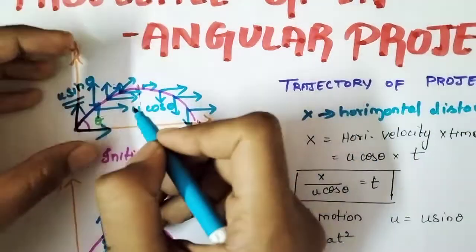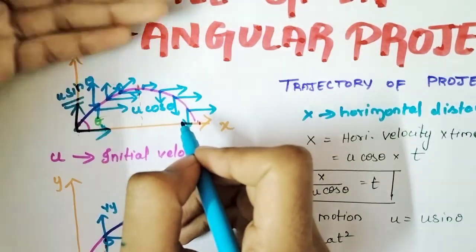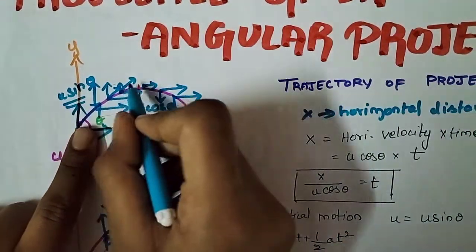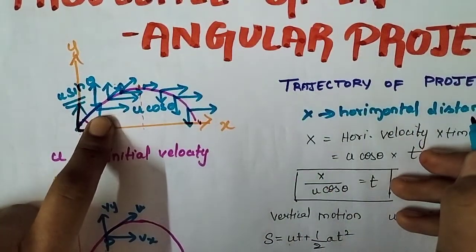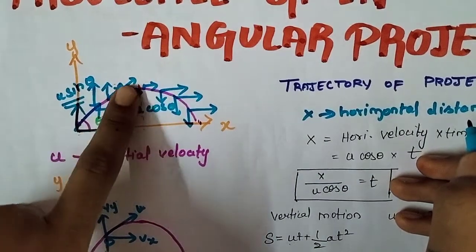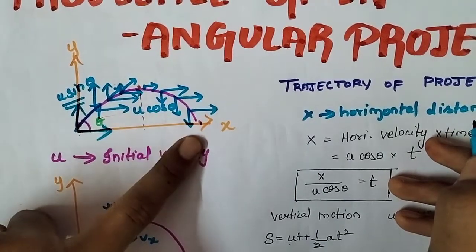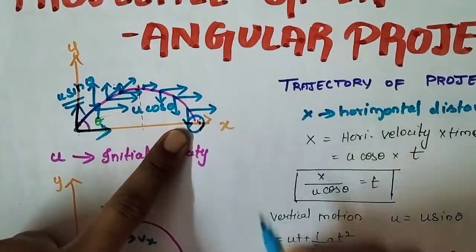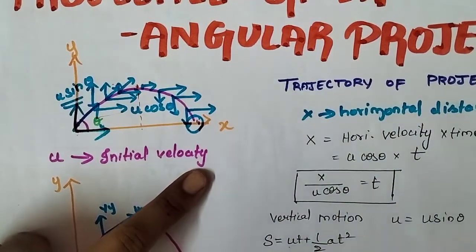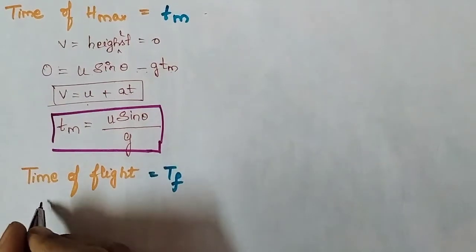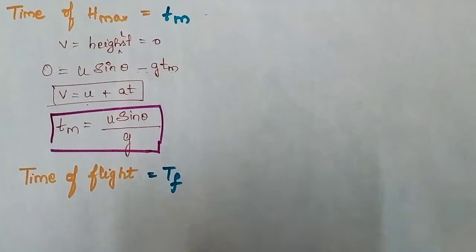As the projectile goes up, the height increases, and as the vertical velocity reaching the height decreases, correct? But the height increases while it attains the maximum height and comes down. Then the vertical velocity increases but the height decreases. At the final point the total height is 0. So we write the equation: the net vertical displacement covered during the time of flight is 0.